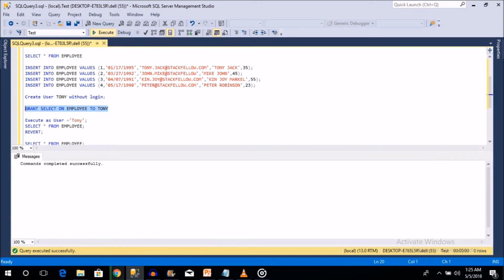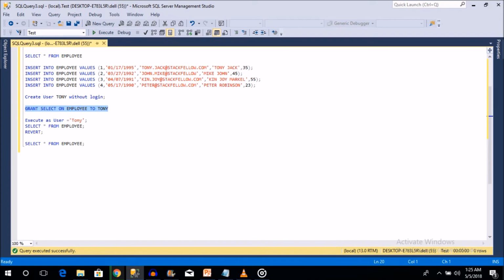That's successfully completed. Now let me execute select star from employee as Tony. To do that, we need to write EXECUTE AS USER, because the user is already created with the name Tony. I want to run that command as Tony, and at the end I'm writing REVERT. Revert means I want to go back to the original admin user. So I'm executing that command.